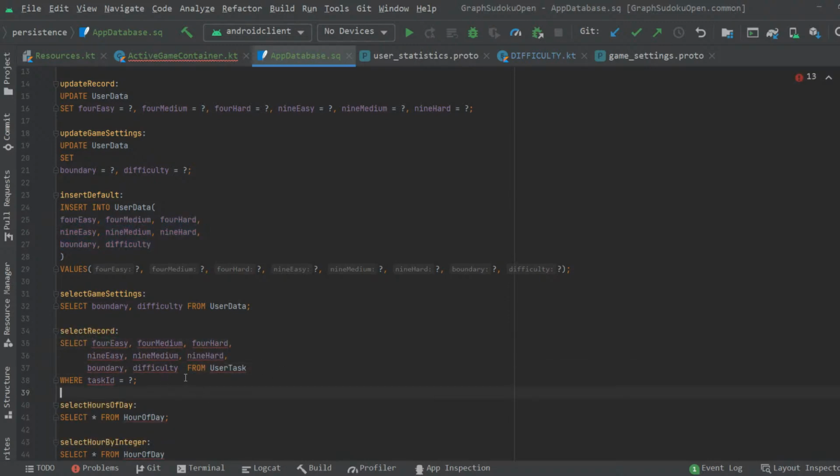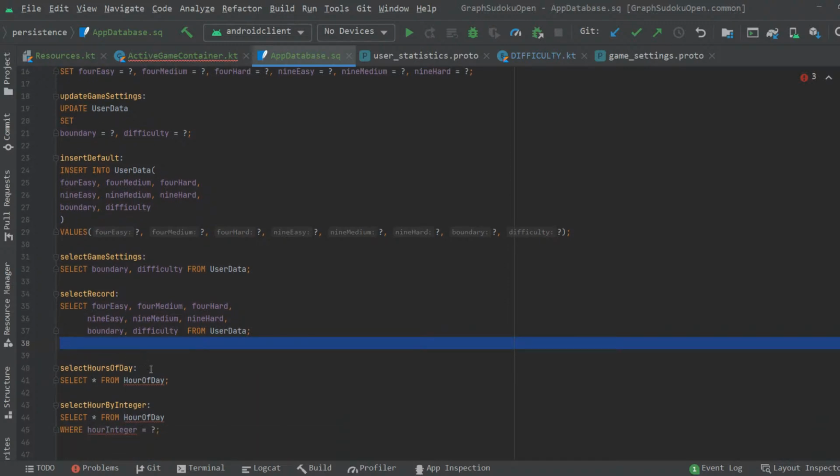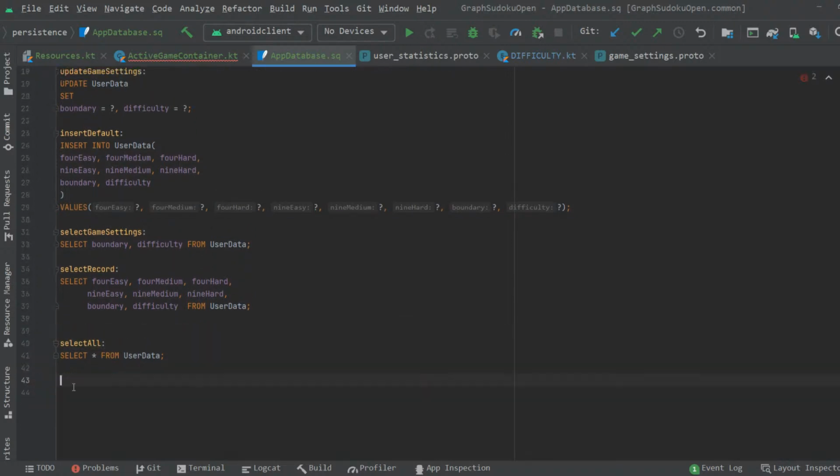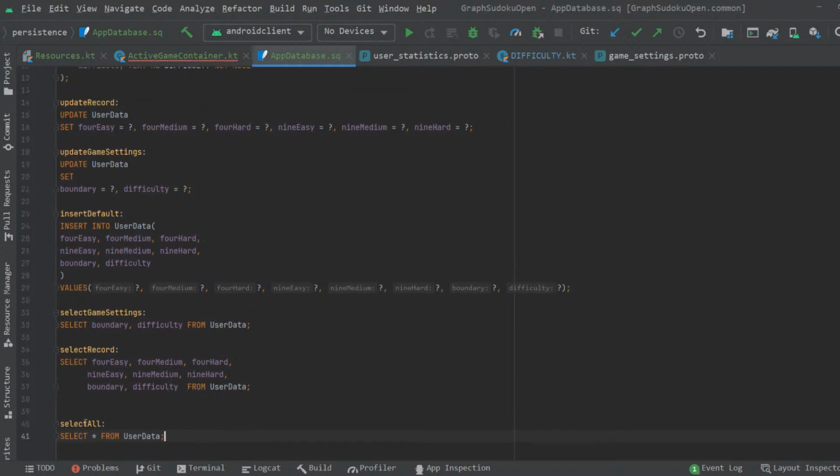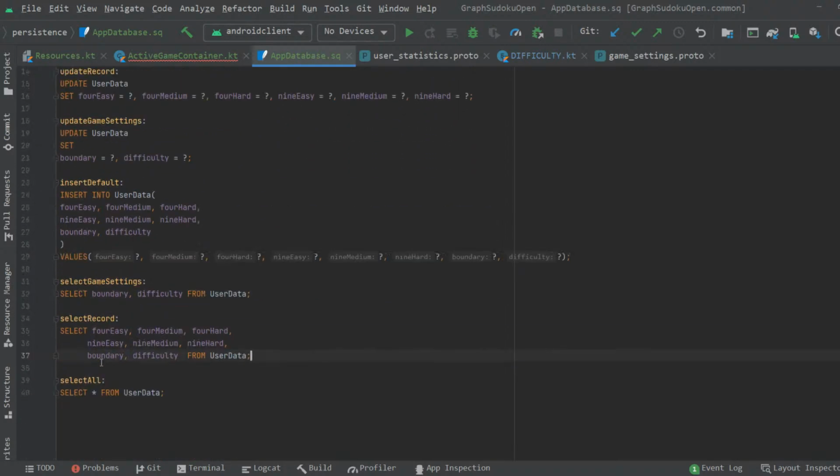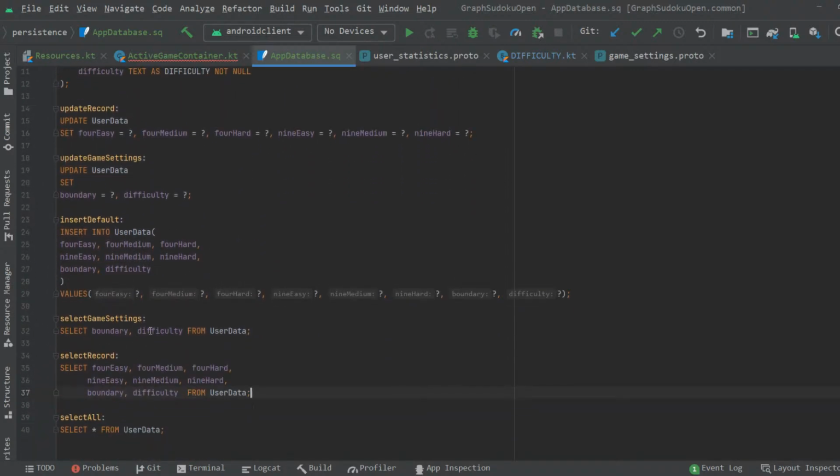With a bit of the old copy paste. Okay. And then we'll want a select where we just get the whole thing. Okay, so that's like a basic, poorly written SQL